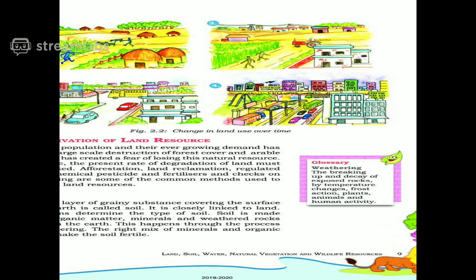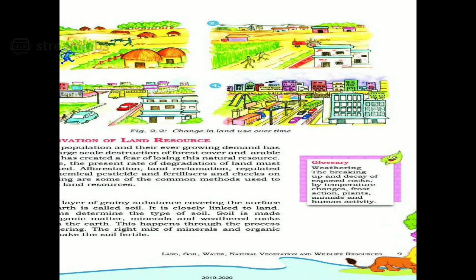Then in the third picture, more development and more cutting of trees and land, with agricultural land being used for construction of industries and these flats and houses. And then the fourth picture, which is the latest, of cities. All the forest has disappeared in the cities and nearby, and on the agricultural land, industries and roads and buildings have come up. So this is a growing population.